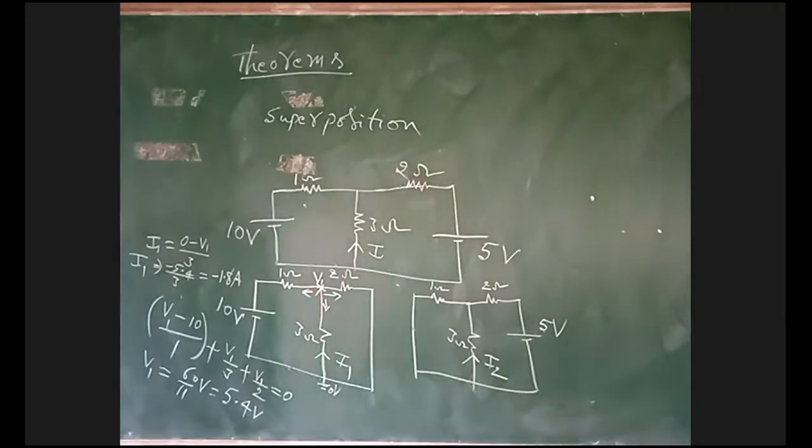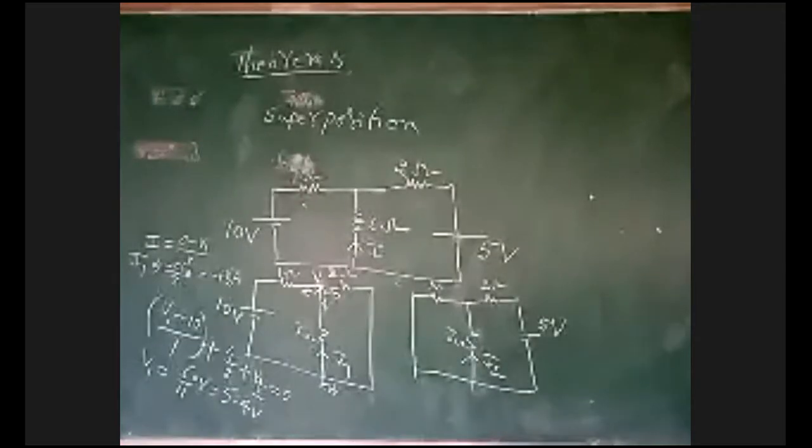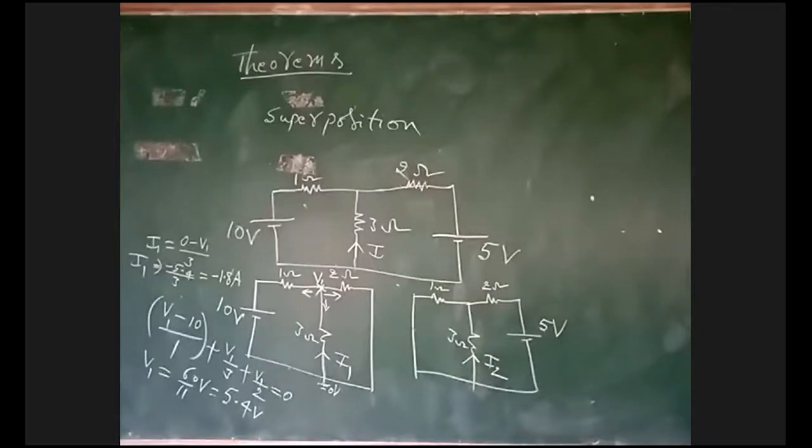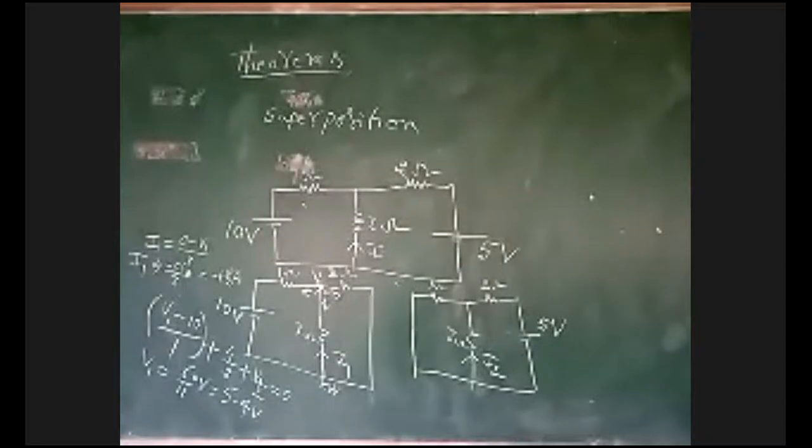For the first circuit, I have applied nodal analysis for determining the current in 3 ohms. In the second circuit, which method can I apply? Mesh, nodal, or current divider? Nodal, sir. The first one we have anyway applied. In the second circuit, can I use current divider? If you want to apply nodal, you can, no problem. Can I apply current divider? Yes, sir.